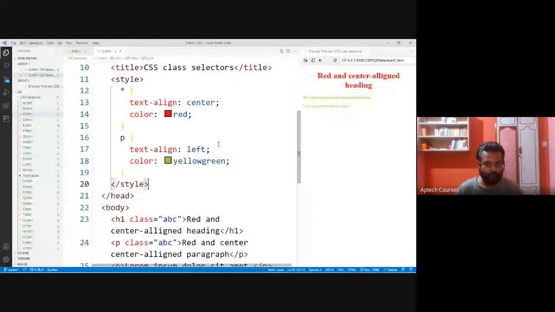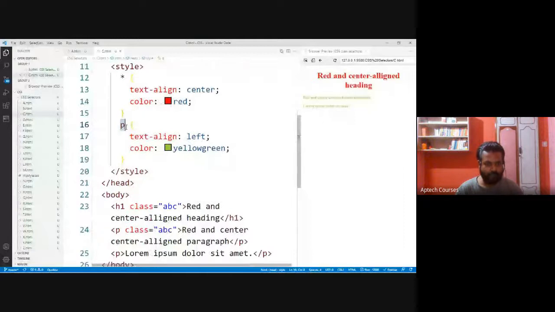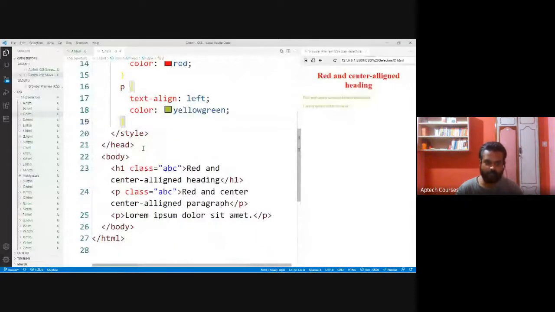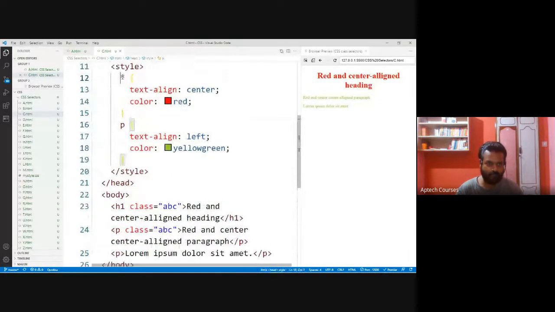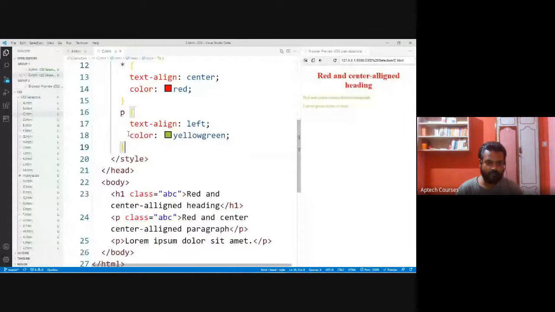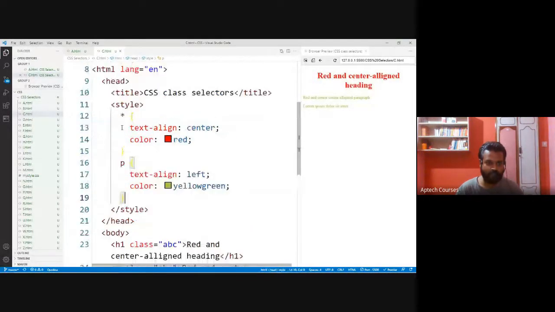Now for the paragraph, the style is specified by internal CSS. Even though universal is going to select all the elements, the name selector is more powerful than the universal selector.